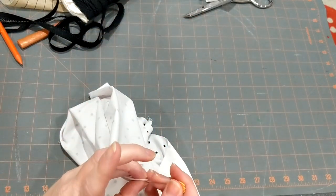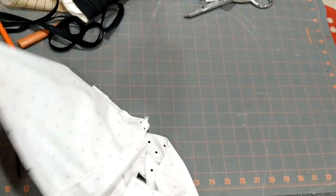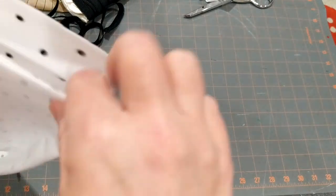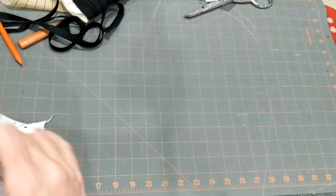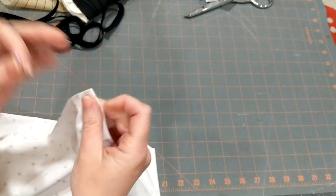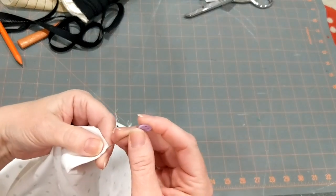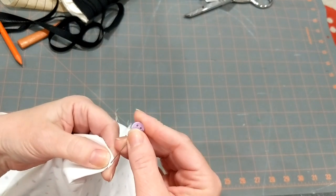I'm going to put a little orange pin in the center back, and I'm going to put a purple pin in the center front, and that's just to help me know my front from my back, though you can tell pretty easily on a pattern like this, front from back, because of the leg shape and the crotch piece and all of that. So now I've got this marked,